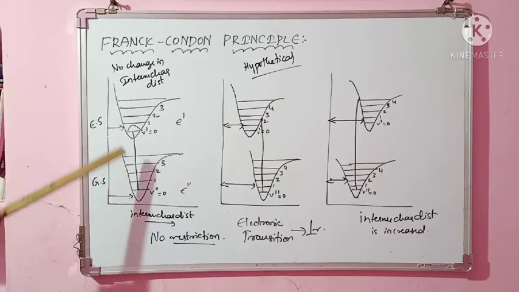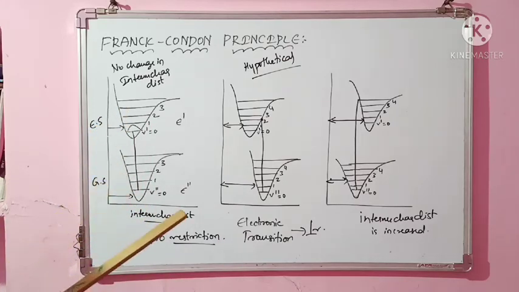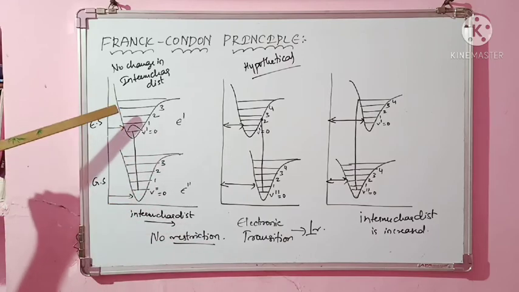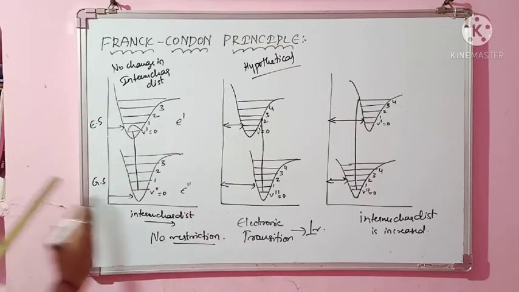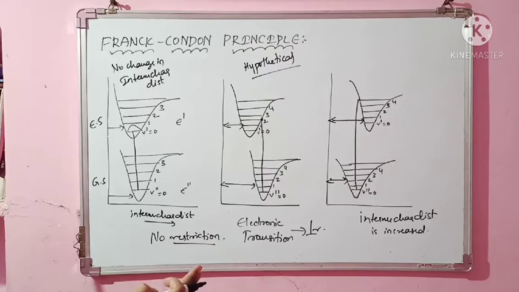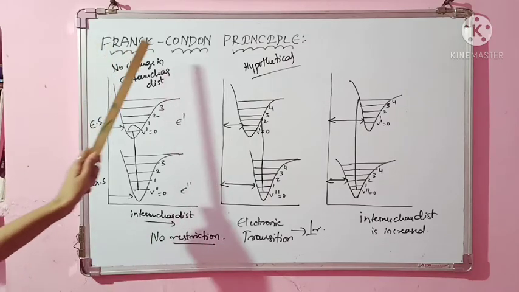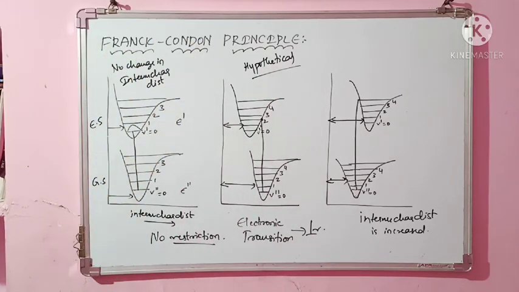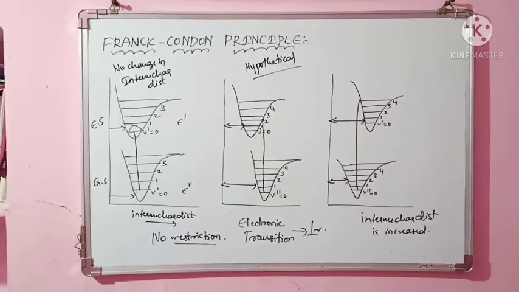Do you feel it is contradictory, isn't it? We have discussed that as vibration energy increases, at the same time as transitions are taking place, electronic energy also increases. At that time the molecule should vibrate and increase the internuclear distance. But what the Franck-Condon principle says is that during the electronic transitions, there is no change in internuclear distance. Your internuclear distance as it was in the ground state will be the same as in the excited state. Then what is this?